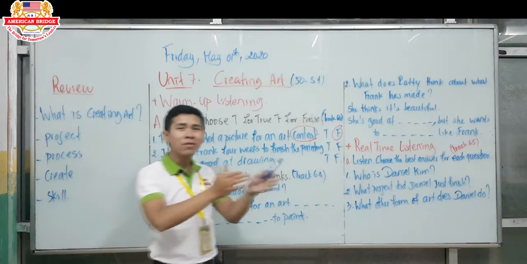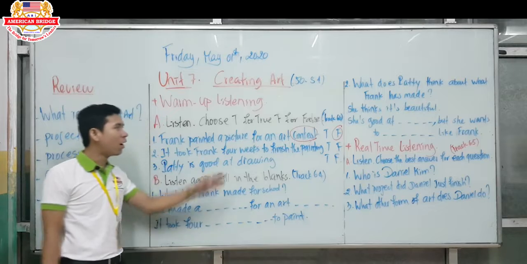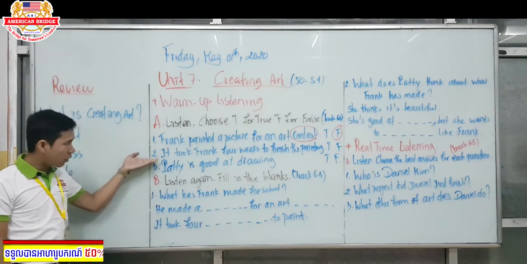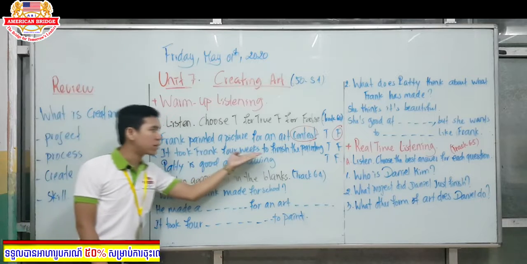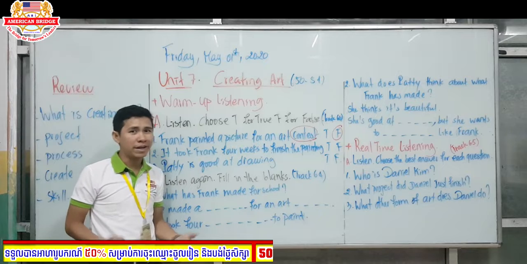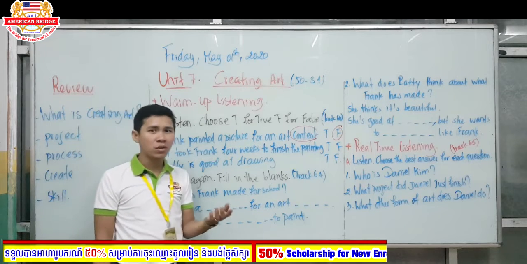Okay, art project for school. It is not a contest. So the wrong part is that they put it as a contest. Number two, it took Frank 4 weeks to finish the painting. Wow, many days, right? 4 weeks, you can count 1 week we have 7 days, so 7 times 4 will